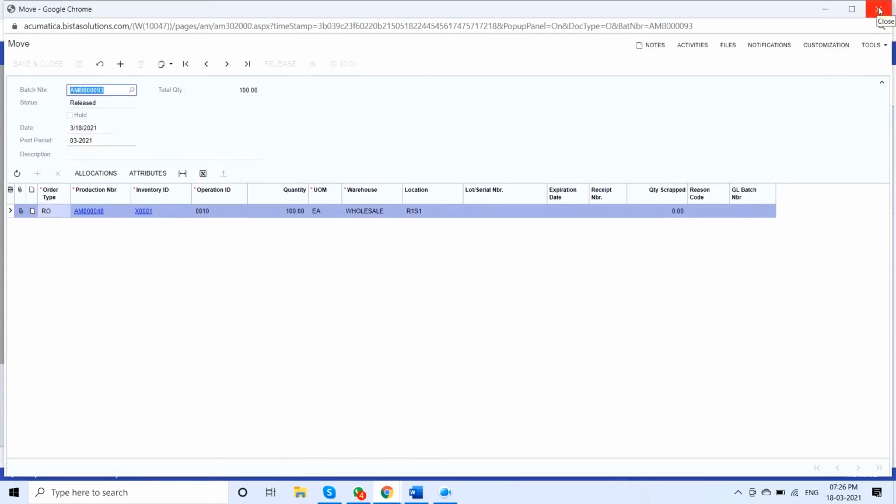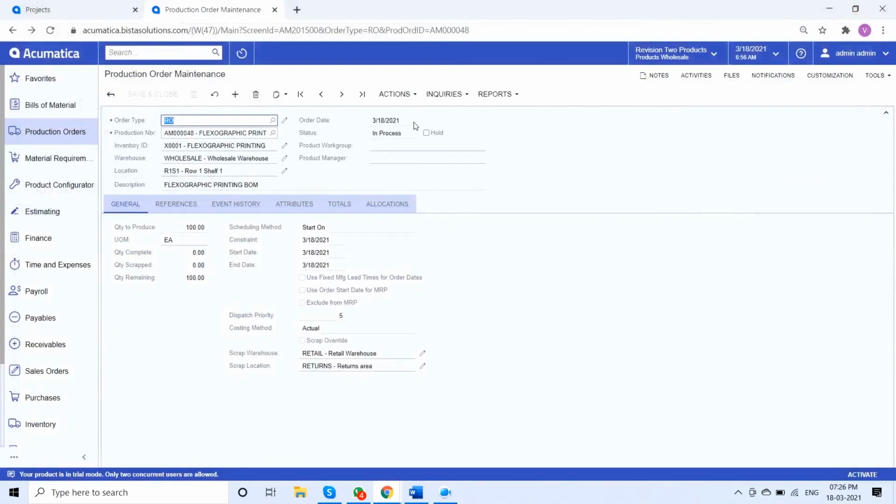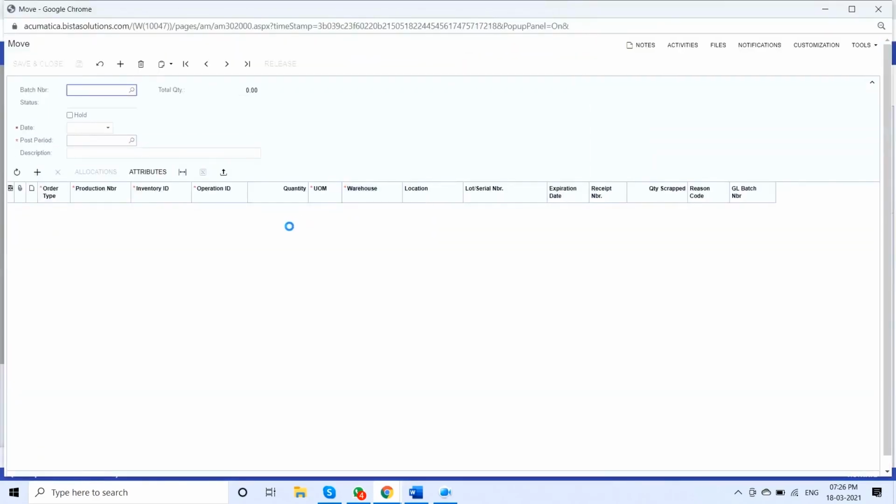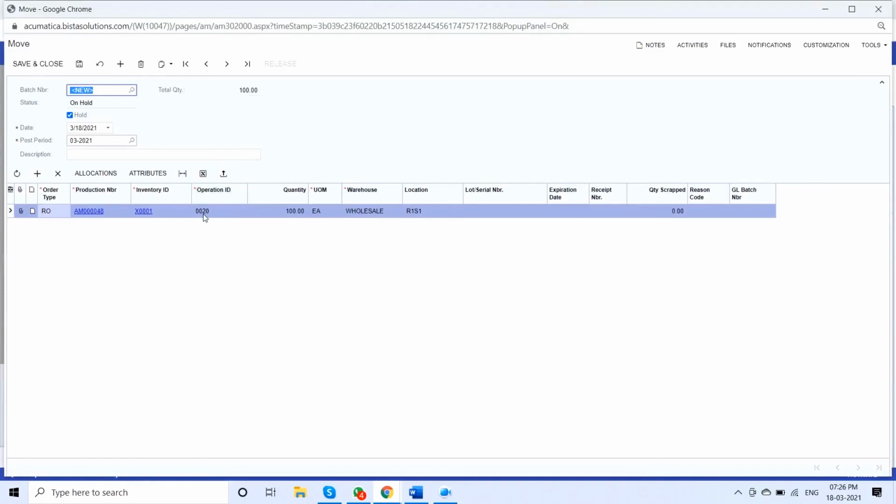Now I'll do the same move transaction for my second process as well, that is my inspection. Now this is for my 0020 operation ID. So I'll simply save it and release it.